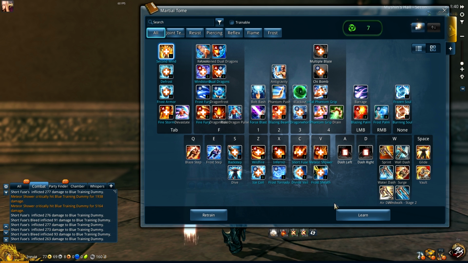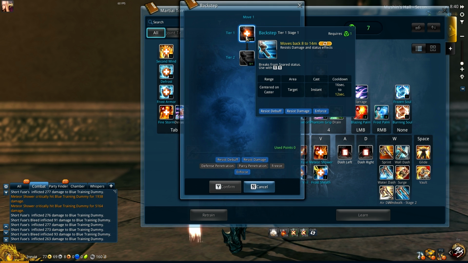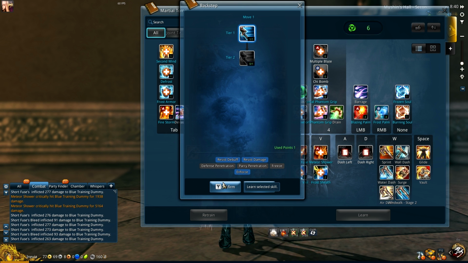So now we are left with 7 points that you can really do whatever you want with, but I'm going to throw out some suggestions, because basically if you're a fresh 45, those points are going to be 4. So we put 1 point here. Basically your backstep is you go back 8 meters with a 16-second cooldown. I want to make that 14 meters with a 12-second cooldown, because you really have to tank a lot in instances, and it's really useful to keep that distance with the boss and try to find ways to not get hit that much,